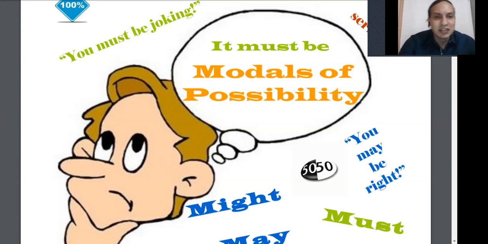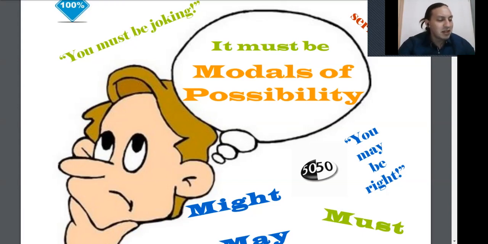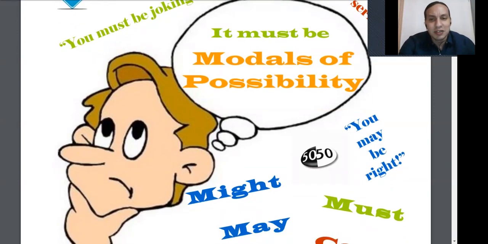All right, so let's go ahead and start here. It says right here, it must be modals of possibility. And as you know, the title for Unit 10 says must be, maybe, might be, could be, and can't be. So it's not necessarily the same title, but all of those words are modals of possibility. So just so you know,